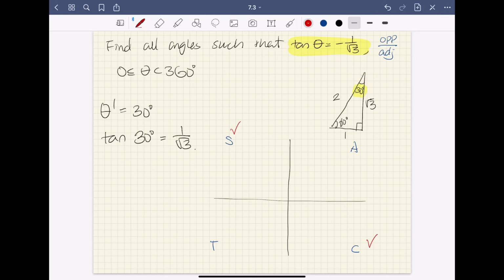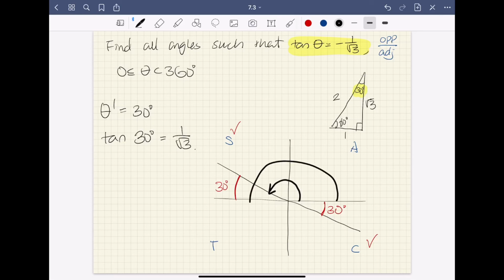So we know that our angles must be in the second and the fourth quadrant. Let's draw that. It's either this one or this one. This is your reference angle. So your actual angle then it's this one